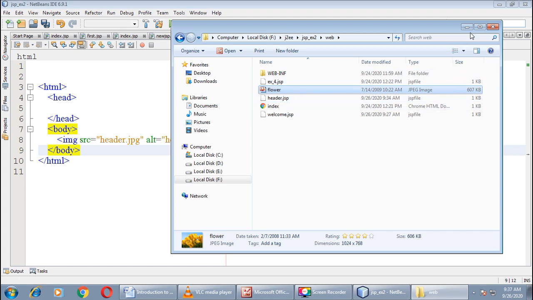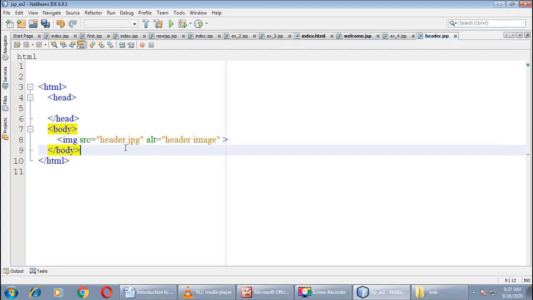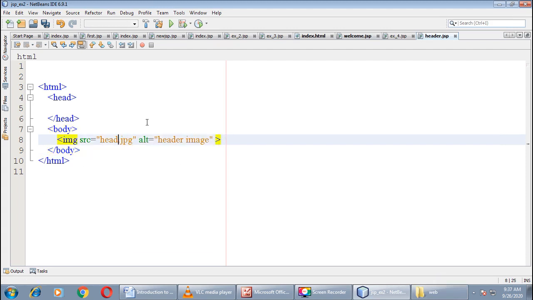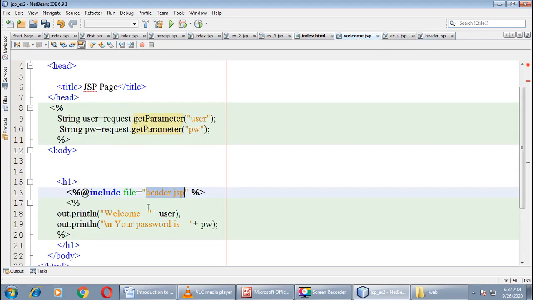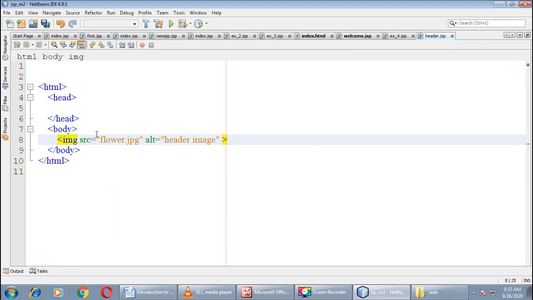The name of JPG image is flower. Replace this name with flower. Okay, flower.jpg. Now the name of file is header.jsp, which we want to include in our welcome.jsp file. So we have done, right? And in this file, what we want to do is we just want to display the image of flower, nothing else.